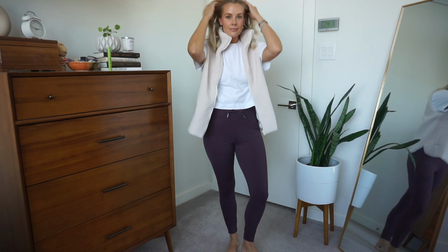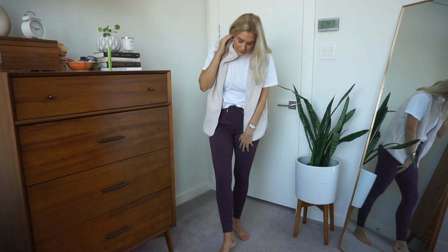They're my favorite for walking because they're like a legging, but a little bit looser, like a sweatpant, not a sweatpant. You can change up the fit depending on the size that you get. I typically get a small. A medium will be way looser in the legs, but they're just so